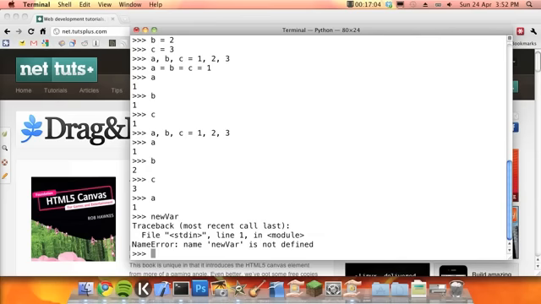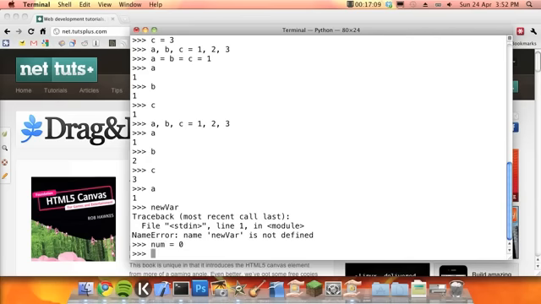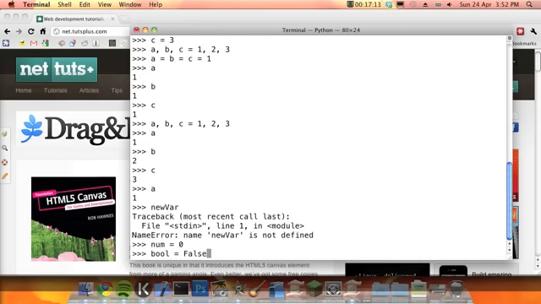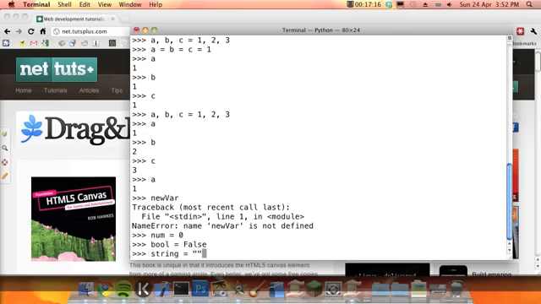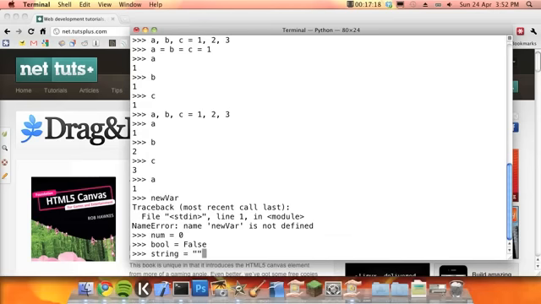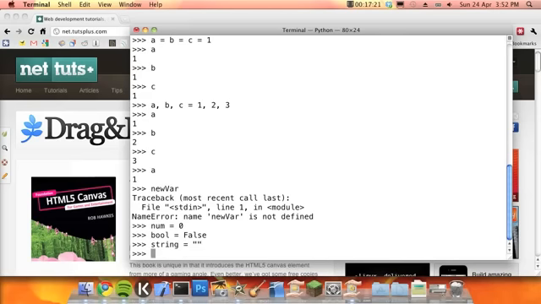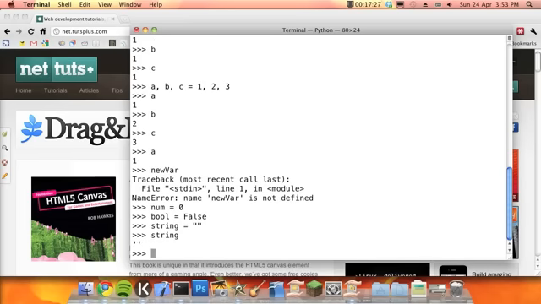So if it was a number, this base value could be number equals 0. If it was a Boolean, we could have the Boolean as false, and if it was a string, it could just be an empty string, so just 2 double quotes with nothing in the middle. So these are all very base variables, don't really have any information, but it means that you can then use them. You type string, and it will give you string, which doesn't contain anything, but it does exist in the